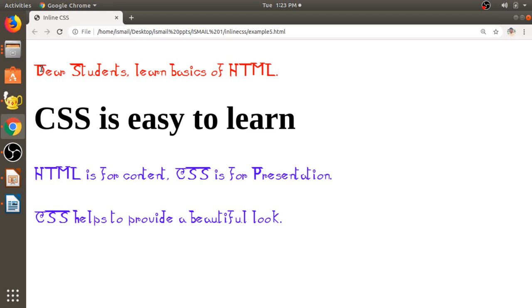So you can observe all paragraph elements, this one and this one and this one, all paragraph elements font family is set to any type. Here for the third paragraph and second paragraph elements, for these two paragraph elements the color is set to blue and font family is also any type, because we don't have any inline CSS applied on these two paragraph elements.